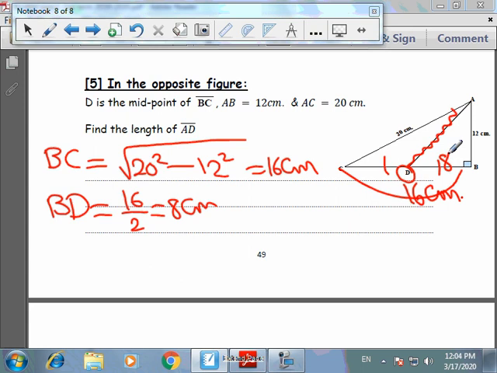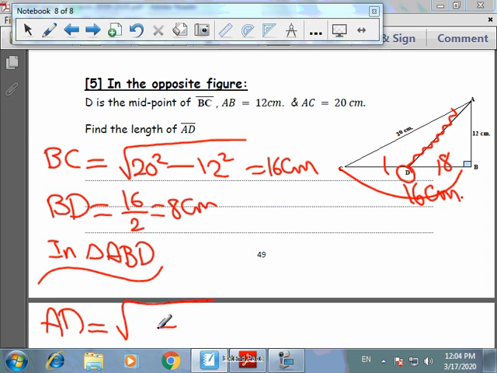Can I find AD? Okay. Let's go to triangle ABD. I would like to find AD, which is hypotenuse or a leg. It's hypotenuse, so I will add the square of the two sides. 12 squared plus 8 squared. So using the calculator, easily I can do 12 squared plus 8 squared, and the answer will be 14.4 centimeters. So now we have reached the end of our Pythagoras theorem,